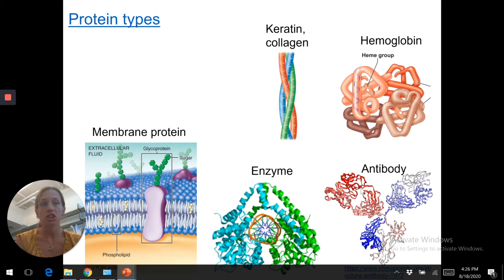Antibodies fight infection, enzymes, tons of different kinds of both enzymes and antibodies, tons of kinds of membrane proteins. These are examples of the actual structures besides the membrane protein, what the proteins actually look like in terms of their structures that allow them then to function. So this enzyme would be specific to, I'm actually not sure what enzyme this is, but it's going to be specific to one substrate based on its structure. So the 2 main types here are fibrous and globular, but the main point is it's a huge diversity of proteins out there. We will see many examples this semester,